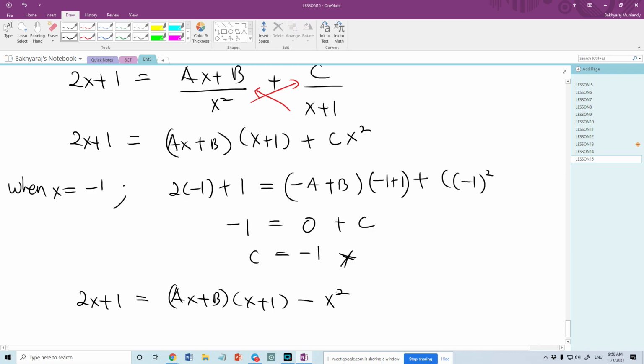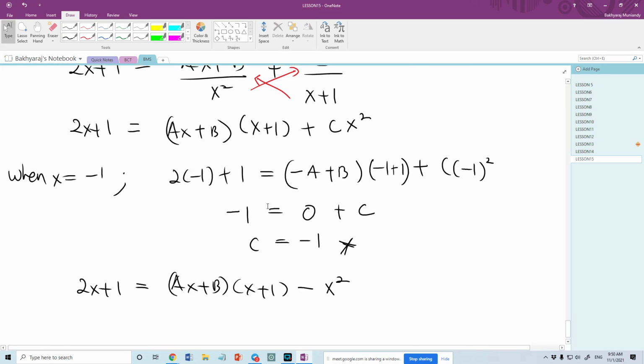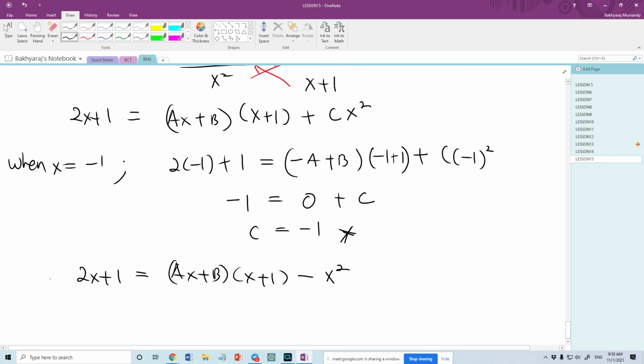Okay, we have the function once we substitute -1. Now we go for another substitution. When x equals, what is the suitable value we can go? Yes, correct, we put 0, right? We try to go for 0. So once you put 0, you get what? You get 1 equal,